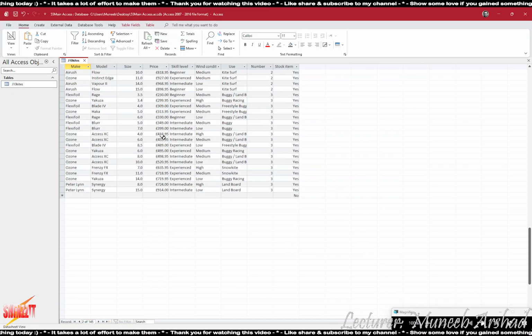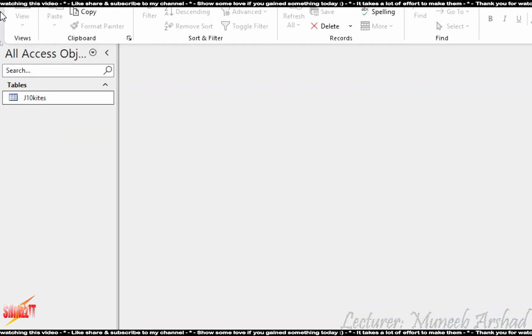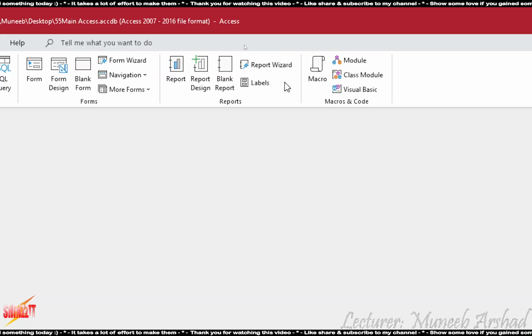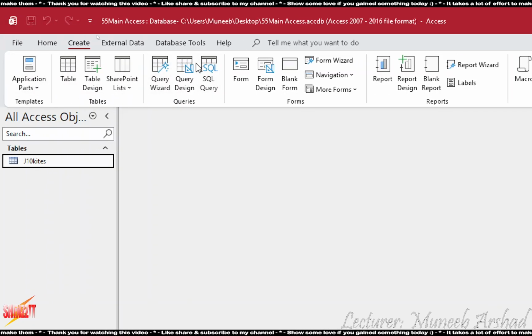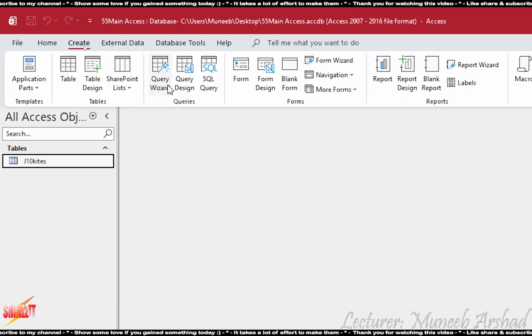In order to start off with the report, first of all, close whatever object that is there in front of you. Okay? Now, you will go to create and you will get to see tables, queries, forms, reports. So you don't start from here, you're going to start from the queries. Queries enable you to set your conditions and criteria and all. Okay? Now again, there are 3 modes. One is query wizard, query design, and SQL query.